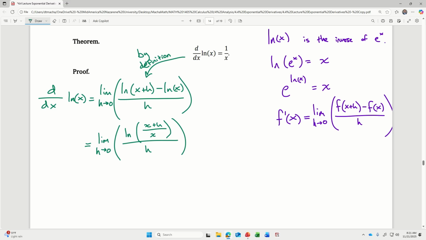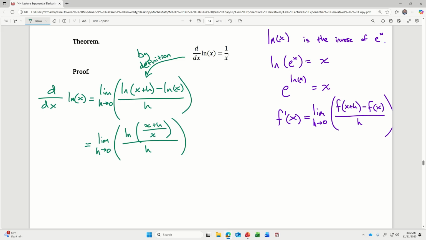And, you know, I'll say this just for a second. When we got to this point and I said plug in h and you get 0 divided by 0, that's an indeterminate form. We've used L'Hopital's rule in the past for indeterminate forms. There's two reasons I don't want to use L'Hopital's rule right now. Number one, I haven't proved L'Hopital's rule. And so if we're thinking about math history and how people invented calculus, they wouldn't have had L'Hopital's rule to do. But the second reason, and the more important reason, is if I were to try to use L'Hopital's rule